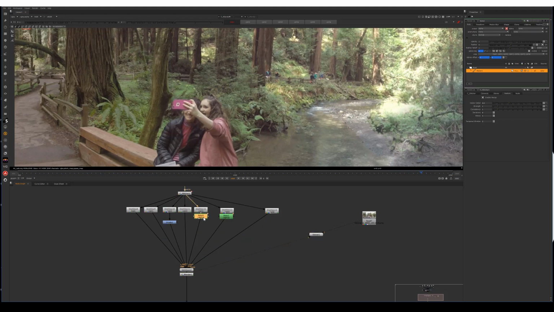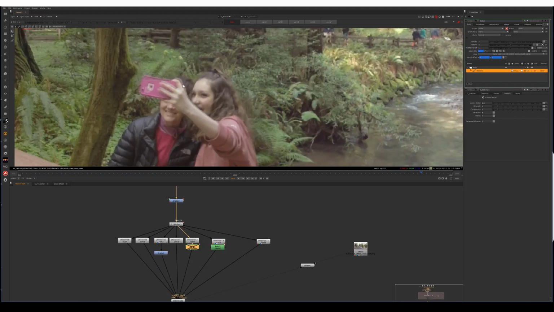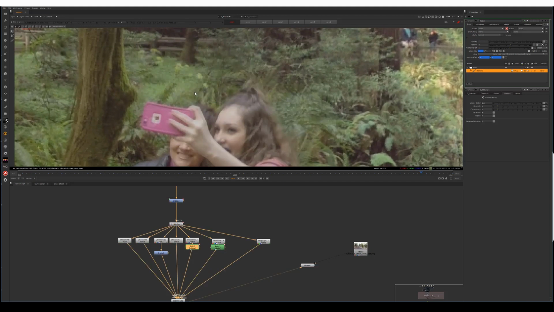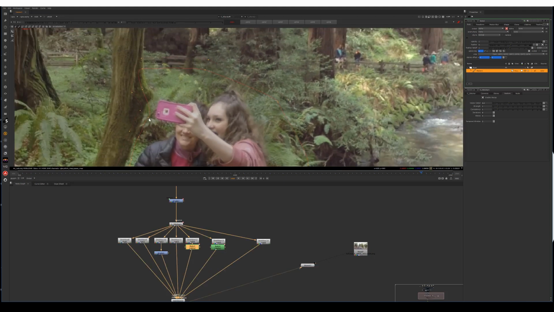Before and after. If we roto and remove them from camera 4, leaving them only in camera 2, we can see we've resolved